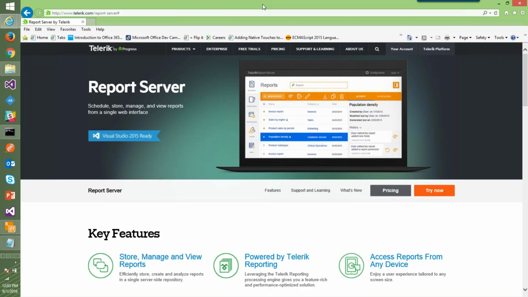So this is again one of the series of webinars that we normally do here in Progress India. Almost like the second, third, and fourth Thursdays of the month, we conduct these webinars. And this time, we're going to be talking about one of the new products that we have. It's been there for quite some time now, and we have already done a getting started with the report server. But today, we're going to be looking at how, if you have any needs of a little amount of BI,